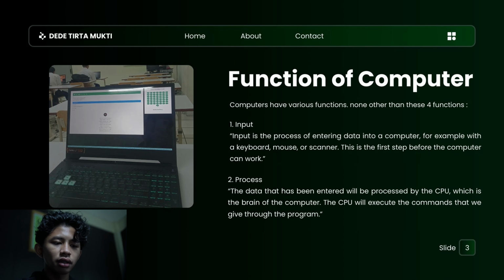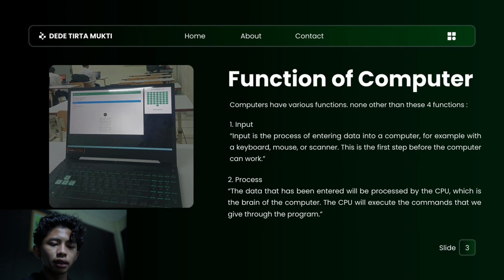Computers have various functions, no more than these four functions. Function 1. Input. Input is the process of entering data into the computer, for example with a keyboard, mouse, or scanner.